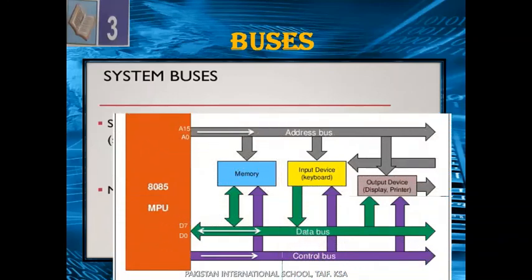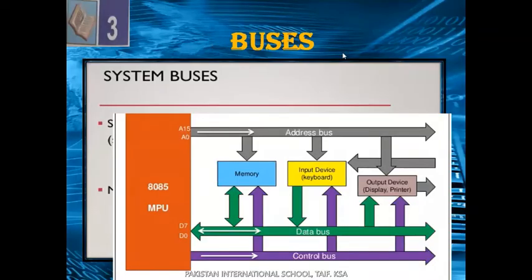Computer system. Here we have a block diagram of a computer system and the buses, showing how all devices are connected. Here we can see the control bus, represented by the purple color, the address bus, represented by the gray color, and the data bus, represented by the green color. You can see all components are attached with the help of these buses. So this complete system is called a system bus, and all components are attached to each other with the help of this transportation system and these sets of wires which are called computer buses.